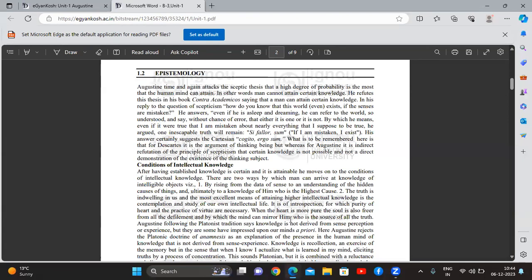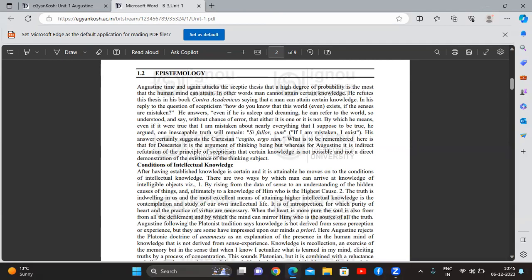one inescapable truth and fact. मतलब एक कतई ट्रूथ जो कि खत्म नहीं हो, जो एस्केप नहीं कर सकता है, जो हमेशा हमारे साथ रहेगा, और फैक्ट जो रहेगा, one inescapable truth and fact will remain, which is,